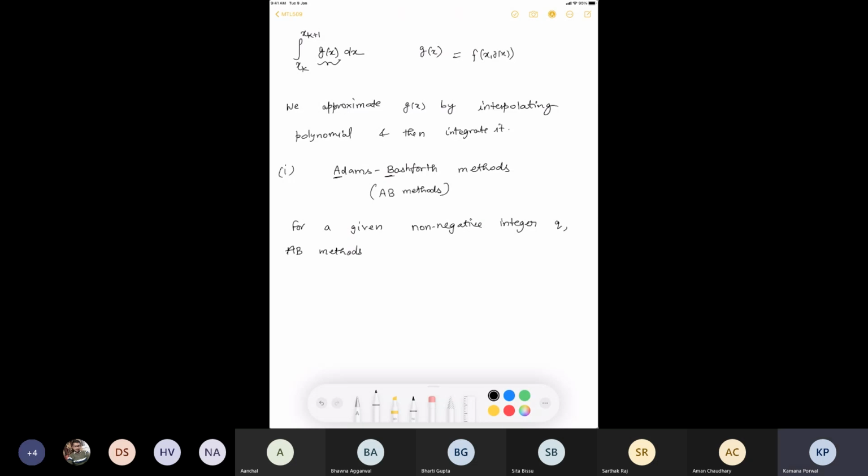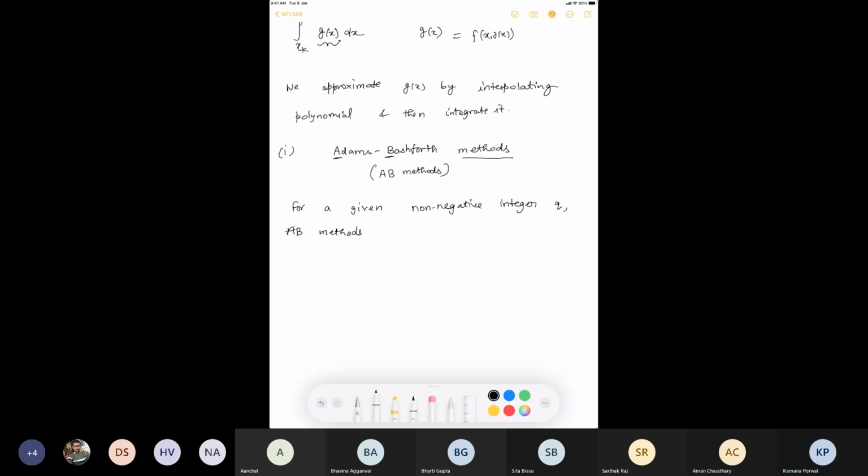Again, this is not just one method, this is a class of methods. Okay. So these methods use an interpolating polynomial of degree q with the nodes